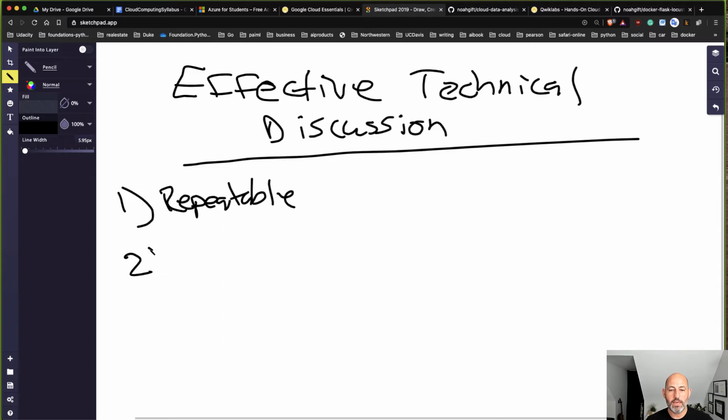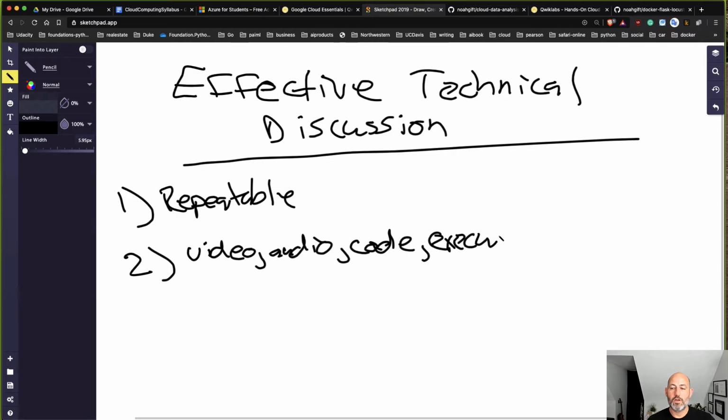Another one is does it have video, maybe audio? Does it have code samples? And maybe even an execution environment associated with it. These are all examples of things that can make technical discussions much more powerful. Images,